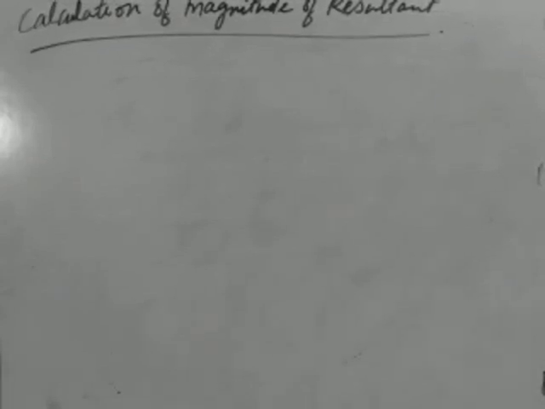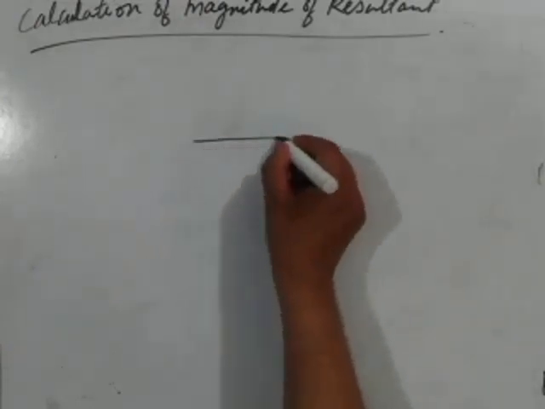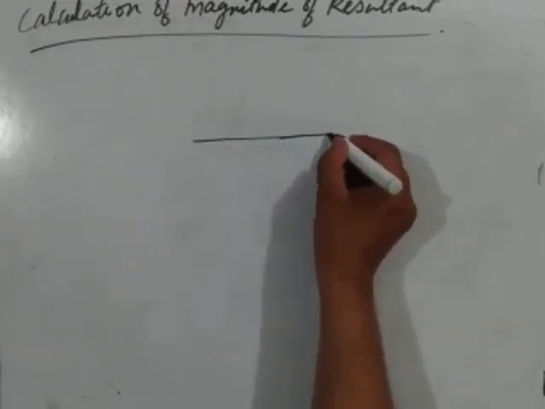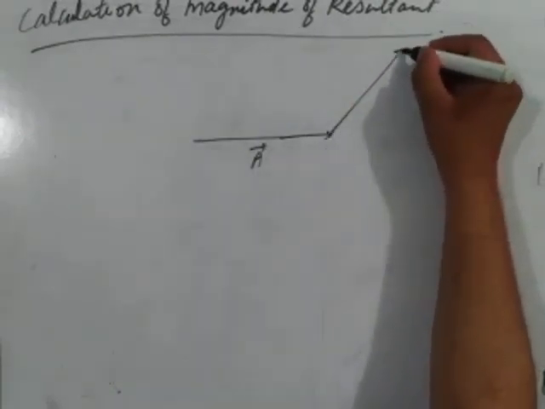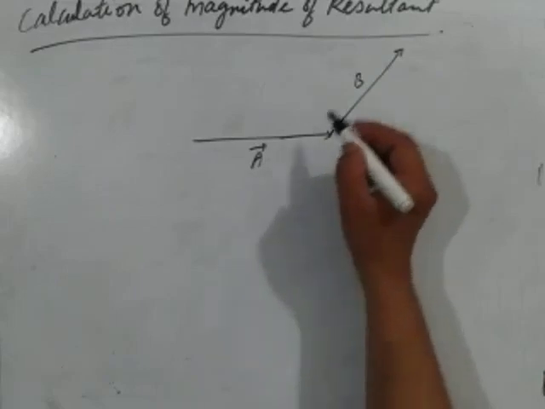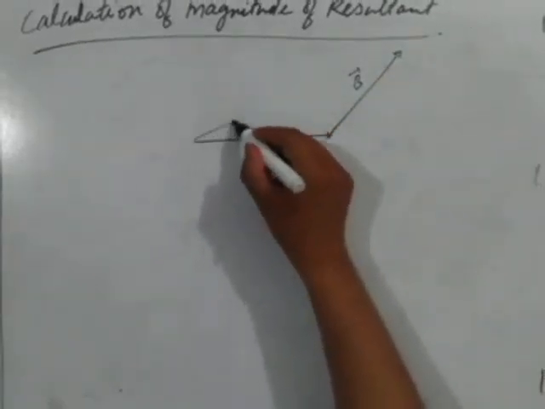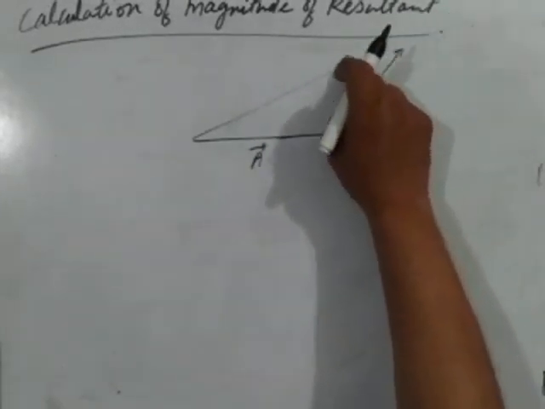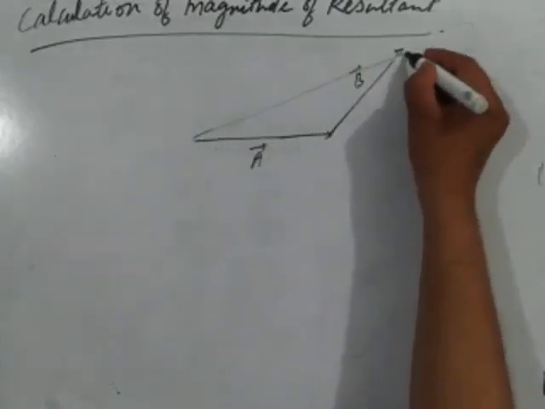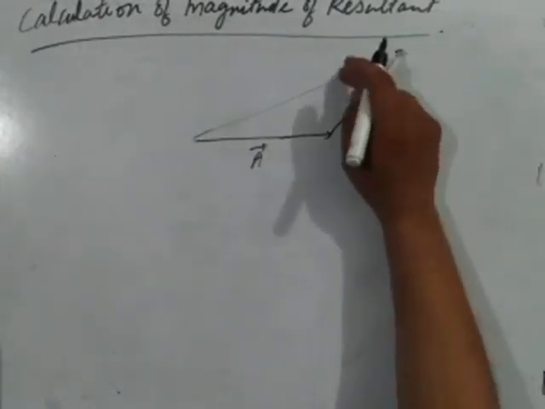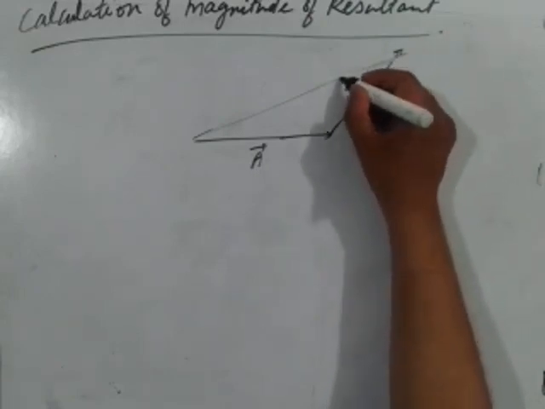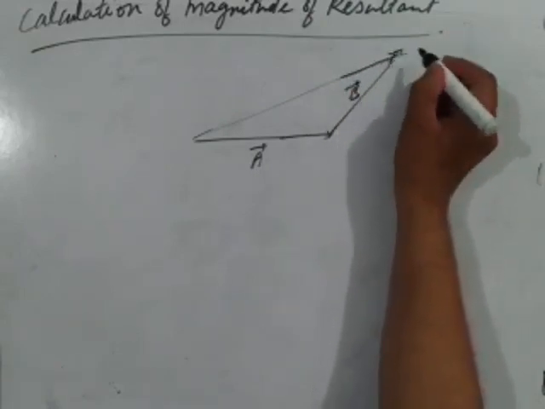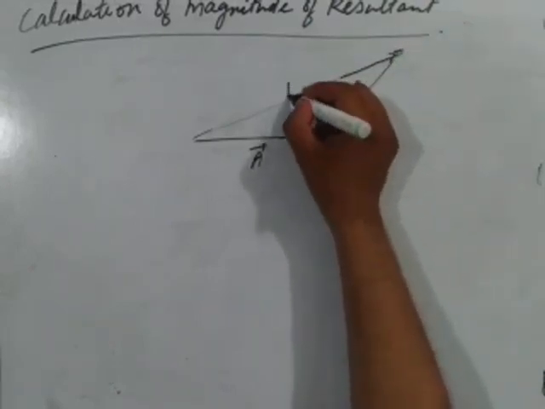Now, calculation of the magnitude of resultant. So if A vector, B vector, and this is the closing side, R vector,